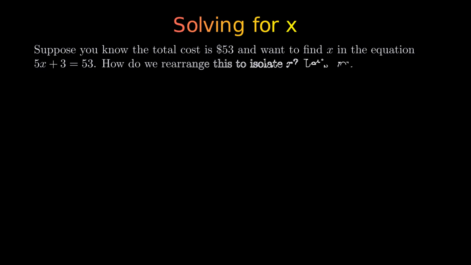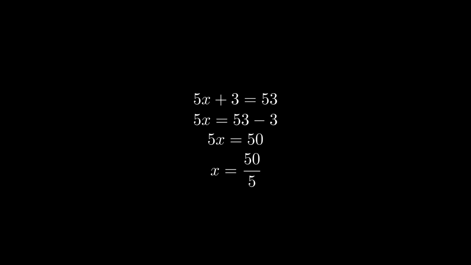Suppose you know the total cost is $53 and want to find x in the equation 5x plus 3 equals 53. How do we rearrange this to isolate x? Let's work through it step by step. Now let's solve for x in the equation 5x plus 3 equals 53. First, subtract 3 from both sides. This means to find x, divide both sides by 5. Thus we find